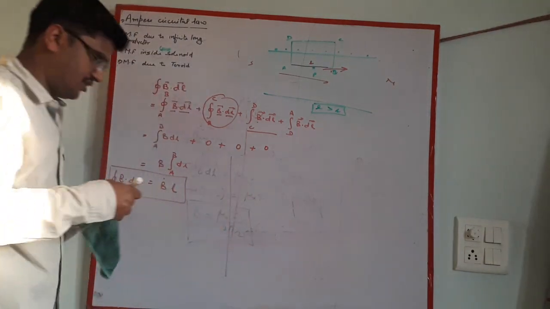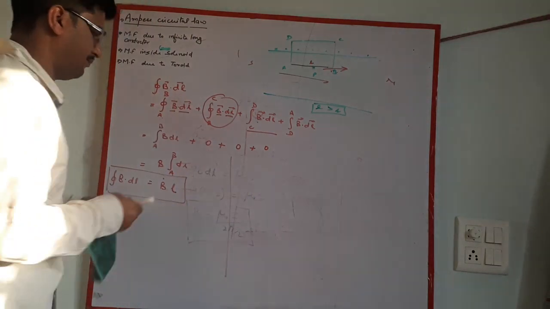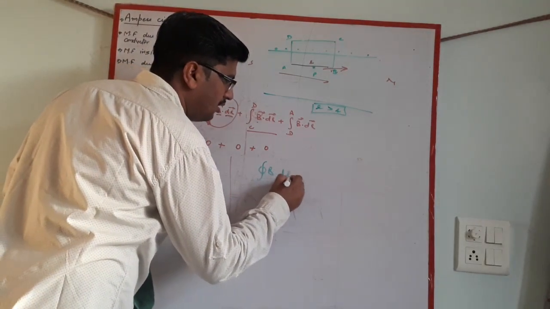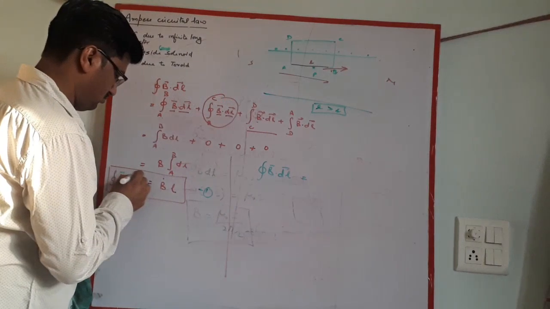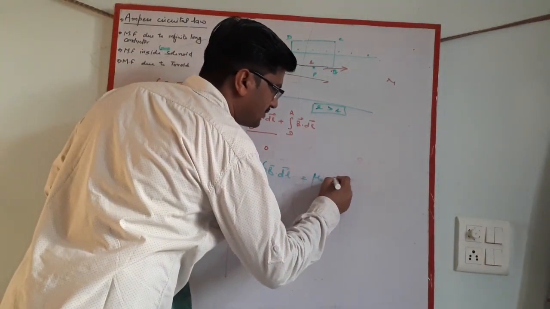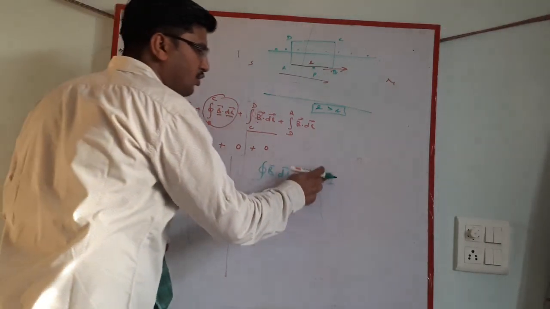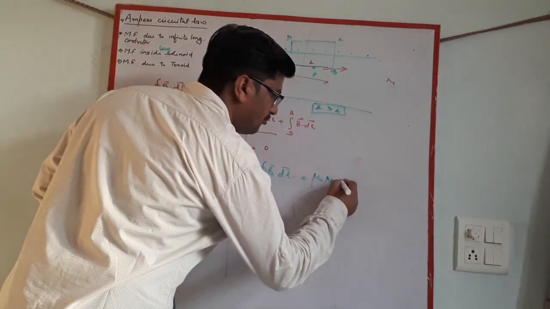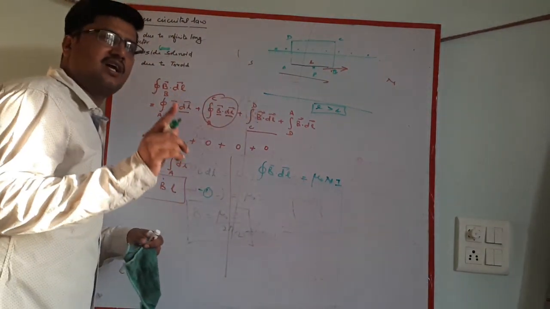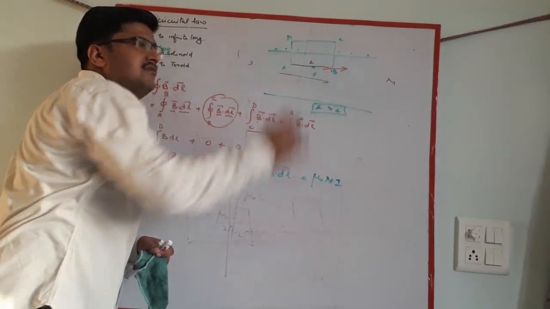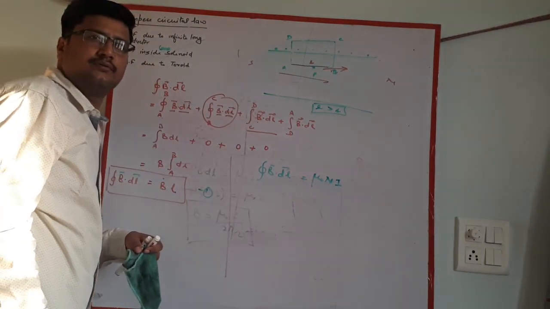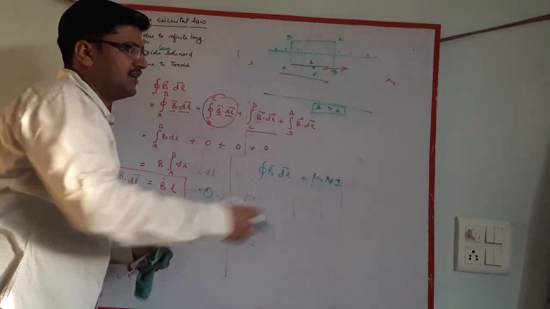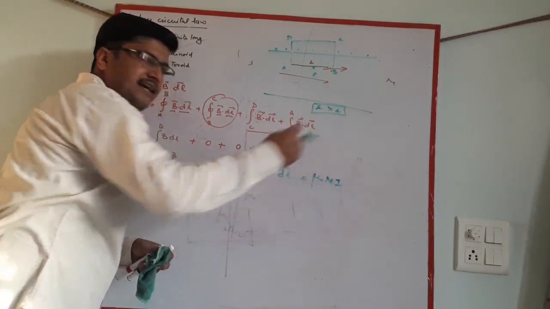Now according to Ampere's second law, B dot dl must be equal to mu naught times I. If I is the current from one loop and there are n loops in the empirical loop, or n coils in the empirical loop, then the total current becomes nI. So B dot dl is equal to mu naught nI.